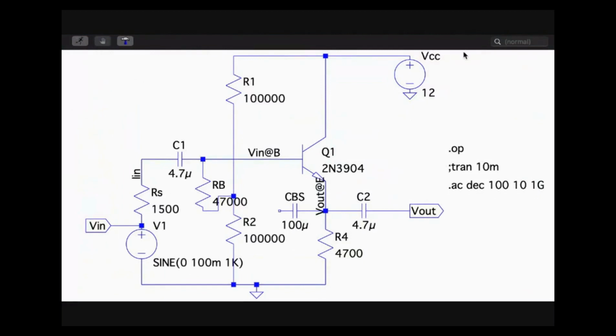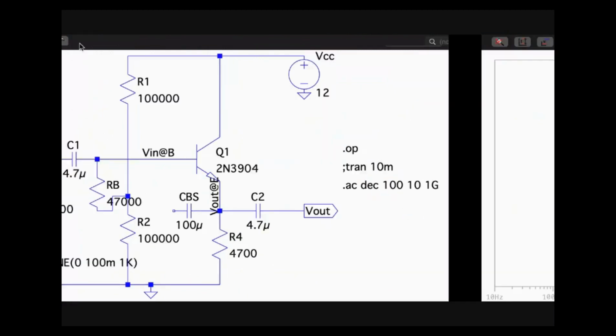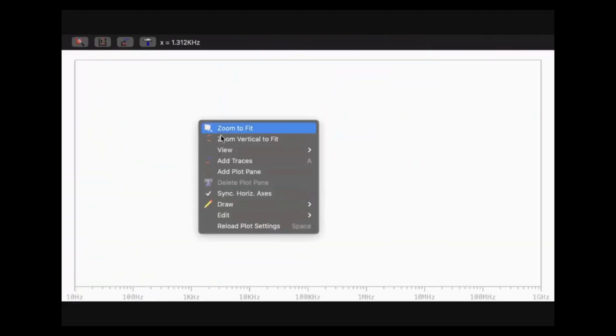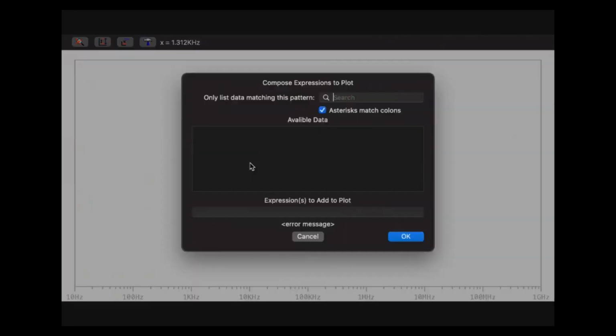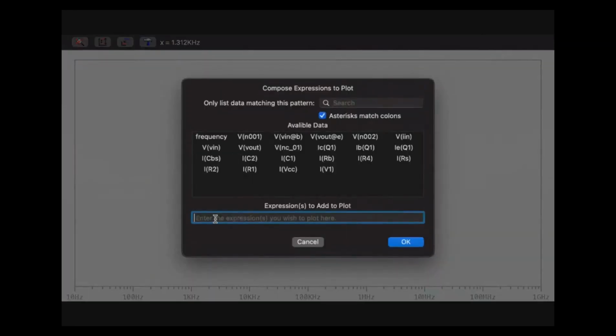I'll just perform the analysis and plot. Since the input voltage is 1, I'm just entering the expression 1 divided by the current. Current is the current through the input voltage.